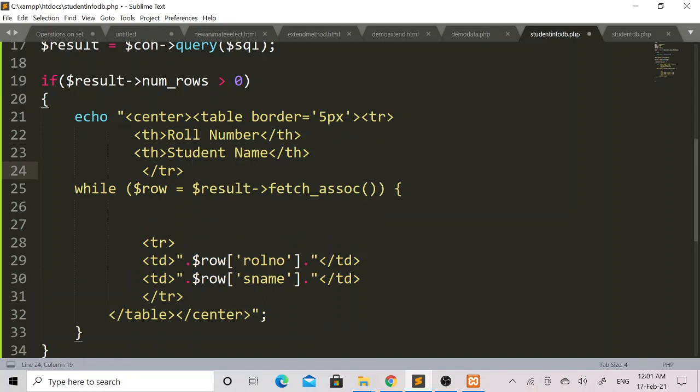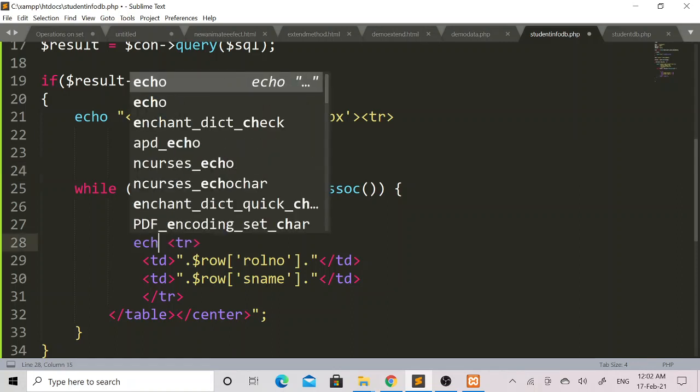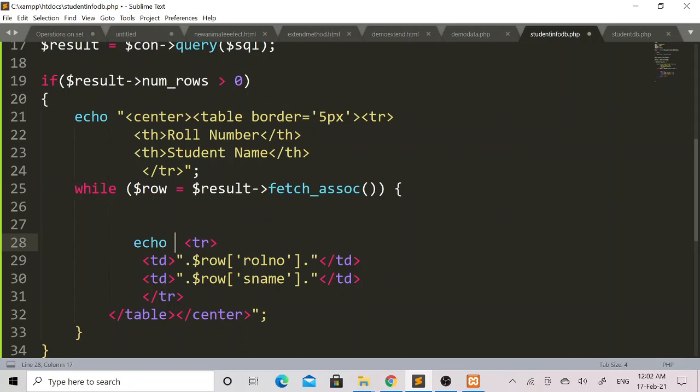Here after the end of the table row tag, I will add double quote, then I will place a semicolon. Thereafter there is a while loop. Here before the table row tag I will add the echo keyword, and I will add a double quote. Now after the closing of the next table row tag, I will add a double quote and a semicolon.